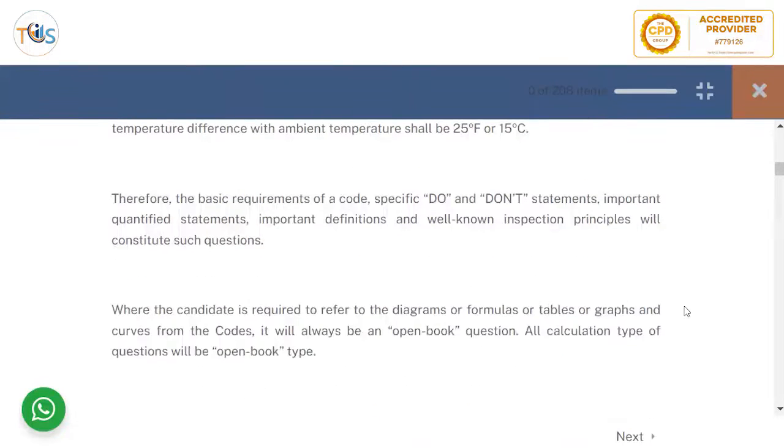Therefore, all these basic requirements of the codes and recommended practices, specific do and don't statements, important quantified statements, like the halide content or fluoride content in PT test, or the chloride content in the water for pressure test, say 50 ppm. These sort of things are going to constitute closed book questions. But when you are asked to refer to a diagram or formula or table or graph, then